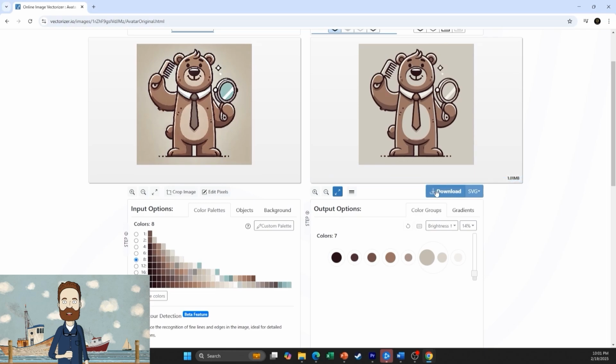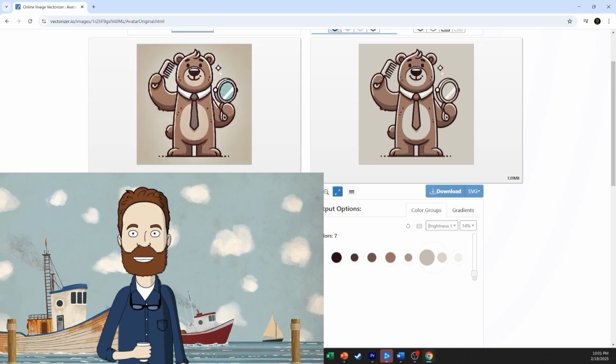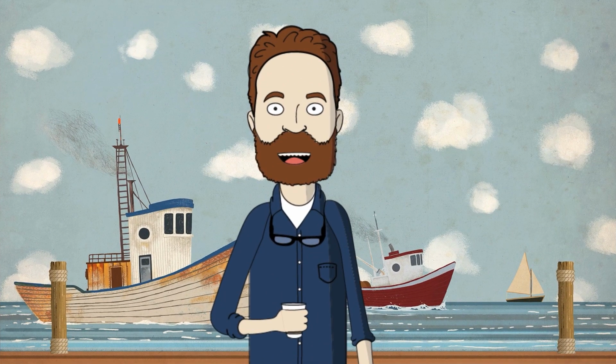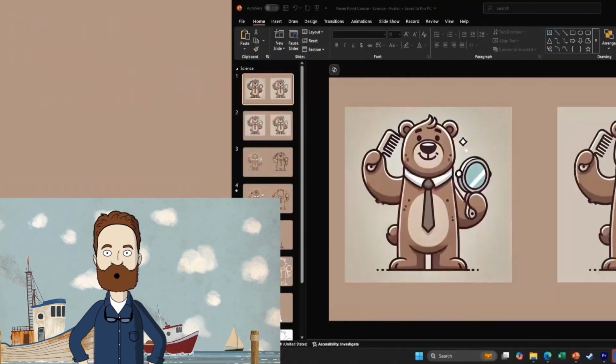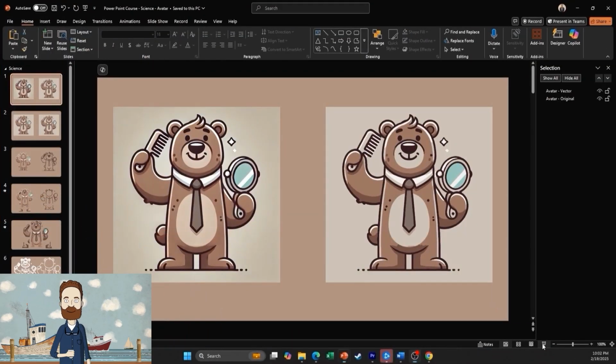If you're working on your own avatar, I'd recommend sticking to less than 10 colors. This helps keep the design clean and makes it easier to manage when animating. For those of you who aren't creating your own and just want to move forward with the GroomTech Bear, don't worry. All the assets you need are available in the materials. All right, let's head into PowerPoint, and I'll briefly explain what I did next.